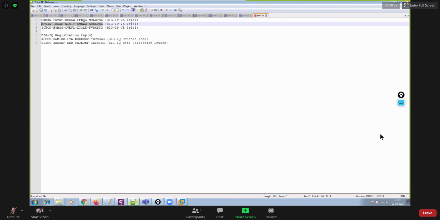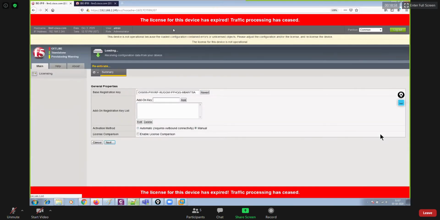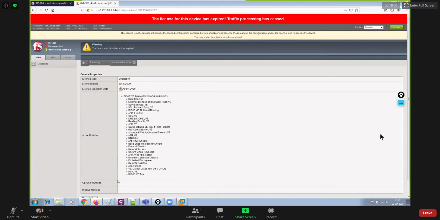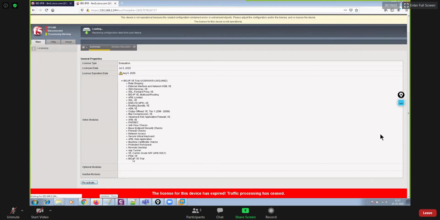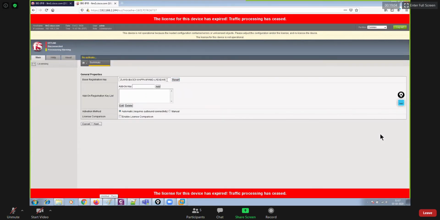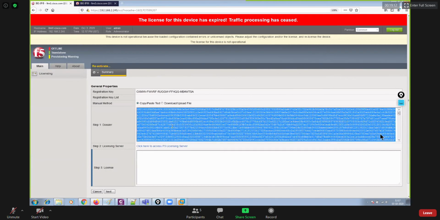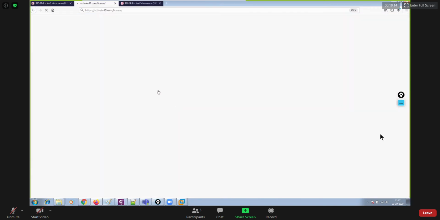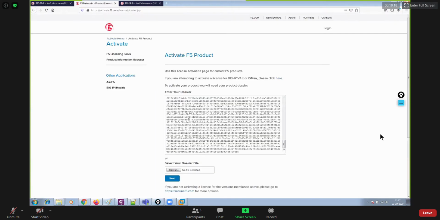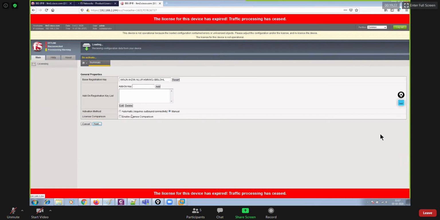Another key on another LTM, that's LTM2. Say reactivate, edit, manual, next. You have your dossier file now. Click on F5 licensing server, apply your dossier file, next, same on the next one.